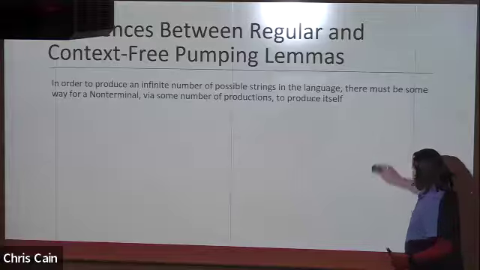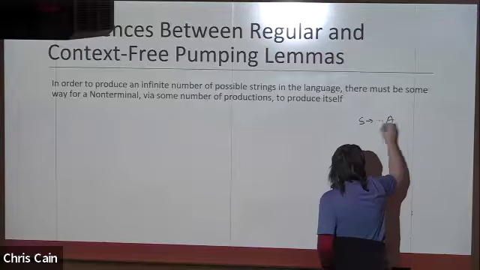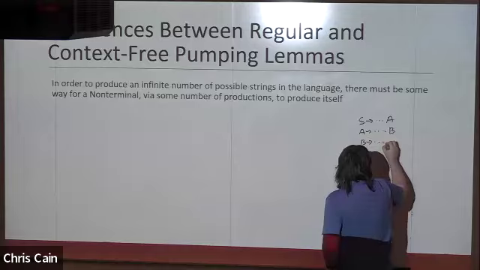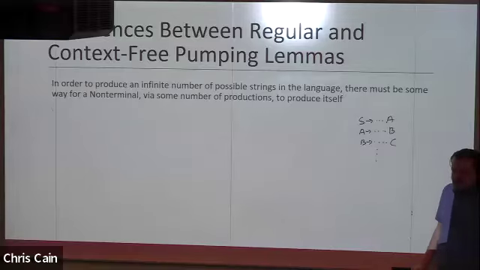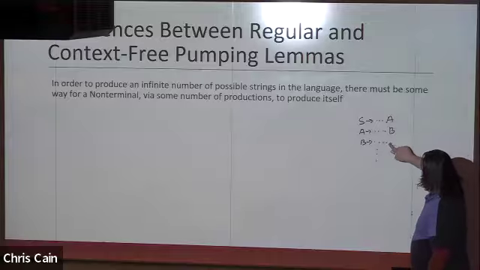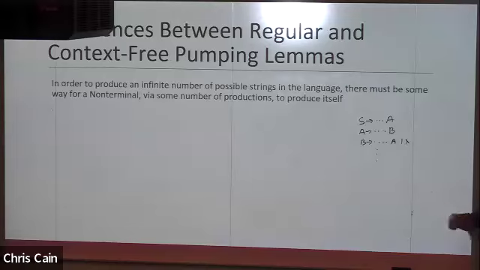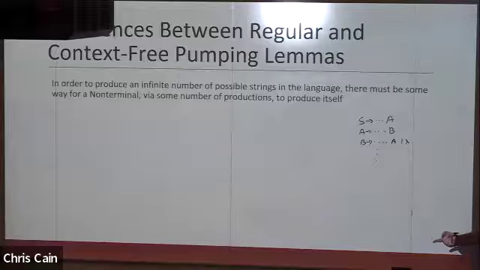Similarly, in a grammar, you can have something like S arrow some stuff with some A, A arrow some stuff with a B, B arrow some stuff with a C, etc. As long as you're doing this, you can create a finite language. But as soon as you allow for some kind of recursion in this, so maybe this B goes back to an A, and then has some ability to terminate at some point to create an actual string in the language. It's not just an infinite recursion that doesn't add anything. We saw that when we talked about our useless productions. As long as this isn't a useless production,